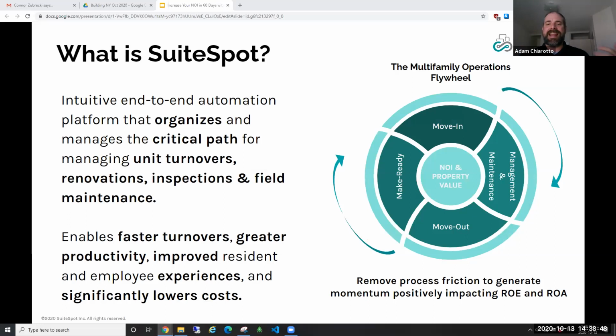We're really an end-to-end platform. We don't want to do part of the job. We don't want to manage just the inspection portion of property maintenance or facility management. We want to manage processes end to end. So a good example, unit turnovers, from the second that move out notice gets entered, or the notice to vacate gets received, all the way until that new resident takes residency in that unit. We're a part of that process. We're documenting every step along the way. We're making sure everybody knows what they need to do, where they need to do it, and when they need to do it. And if anything falls outside the rails, that's where our escalation and alert engine gets kicked in.